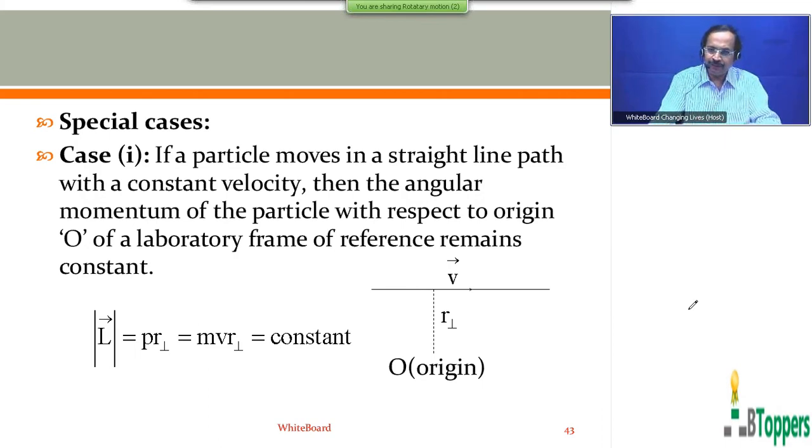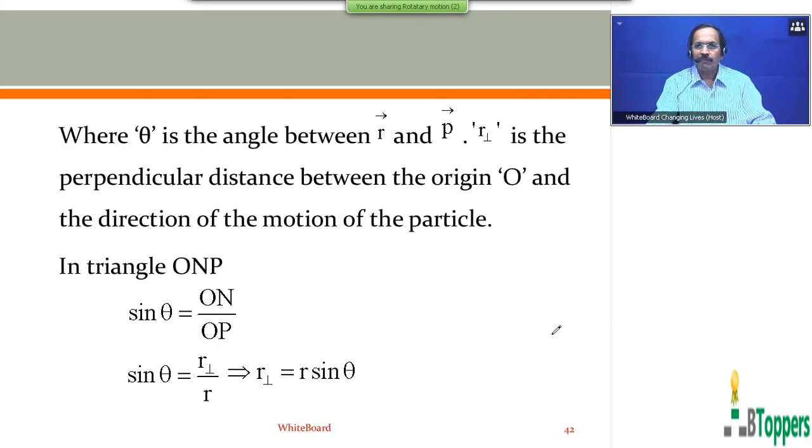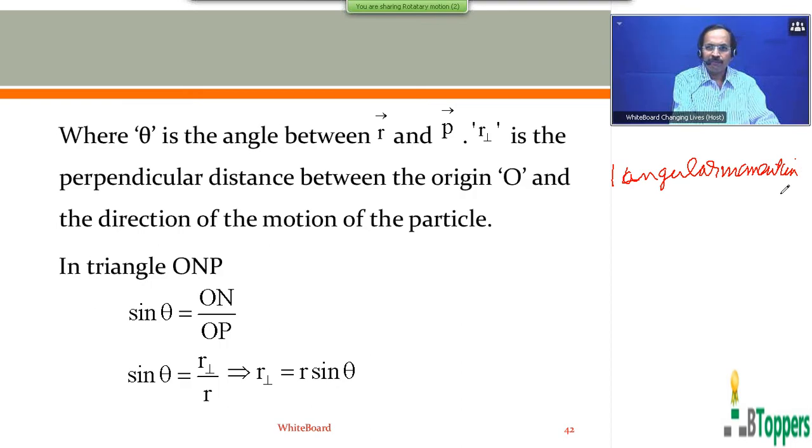So the unit of angular momentum L will be equal to, from the equation L equal to R P sin theta, since sin theta has no units, the unit of R, that is meter, into the unit of linear momentum, which you can write as kg meter per second. So that is kg meter square per second.